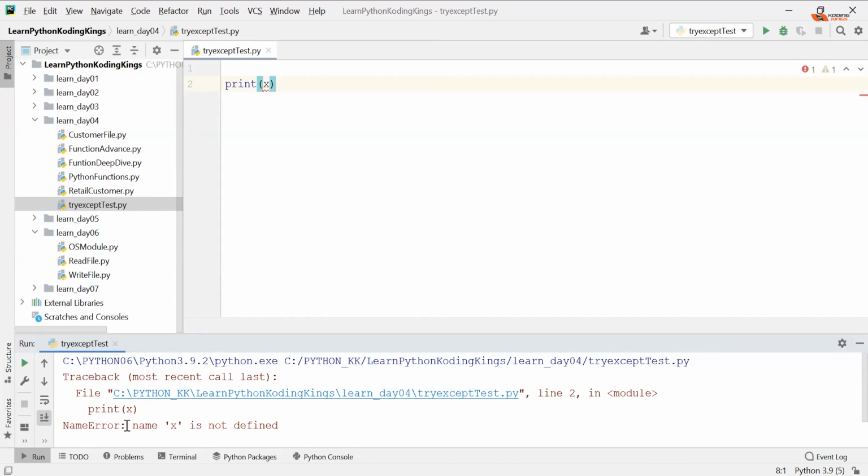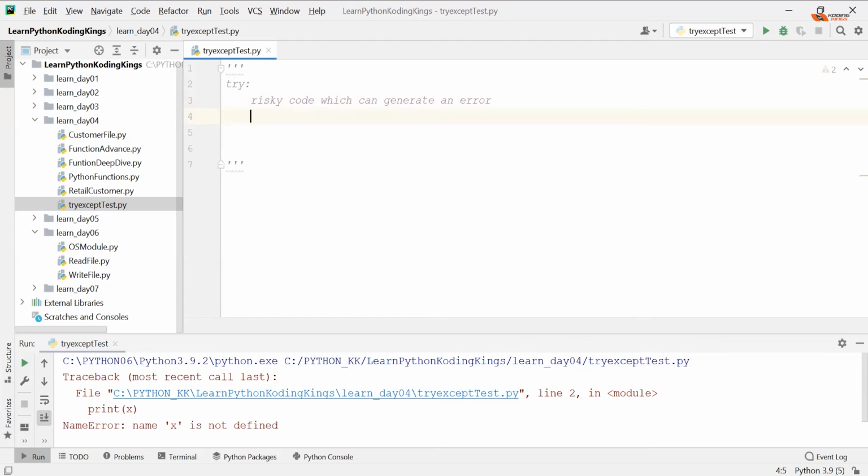Now, to avoid this kind of scenario, of course this is a very bad scenario, to avoid any kind of error-prone or risk-prone scenario, we use try and except. So what's the format of that? I'll tell you this. We have try, and in try, you have the risky code which can generate an error.